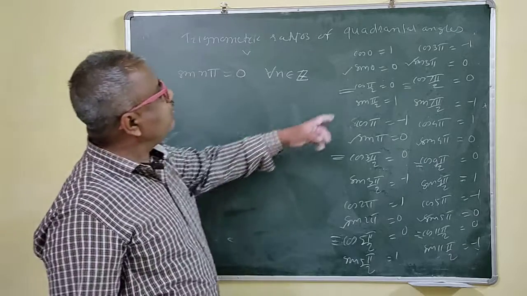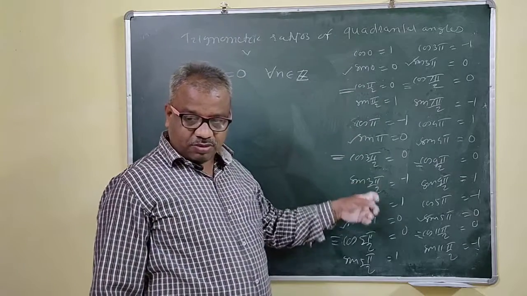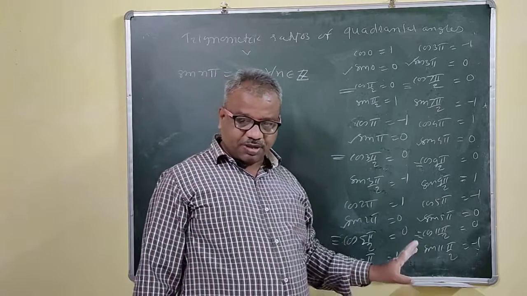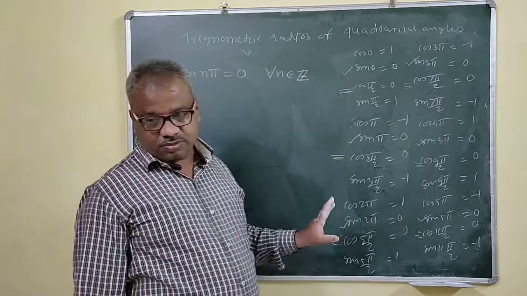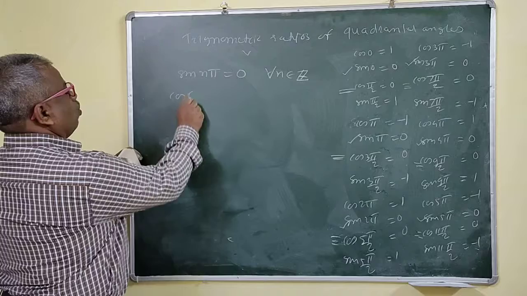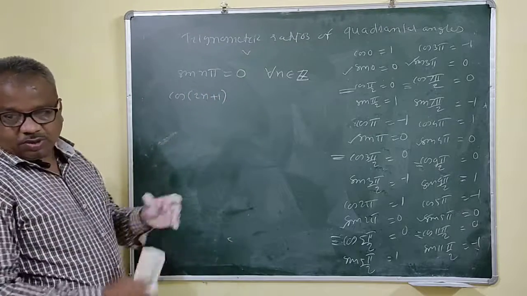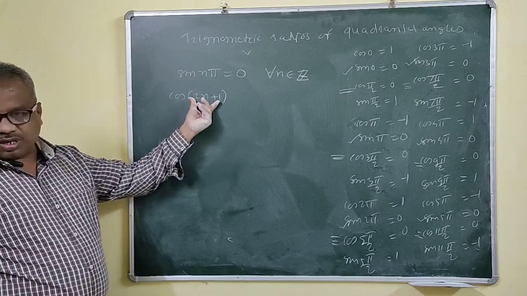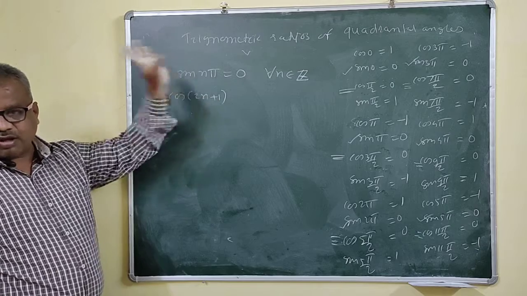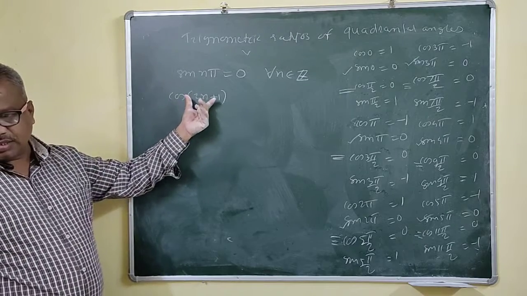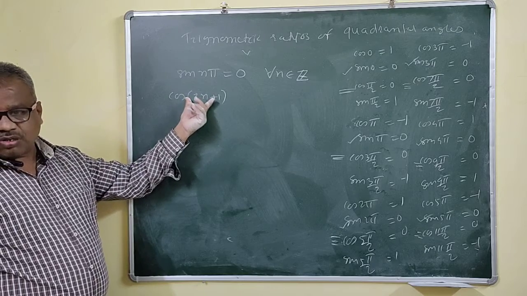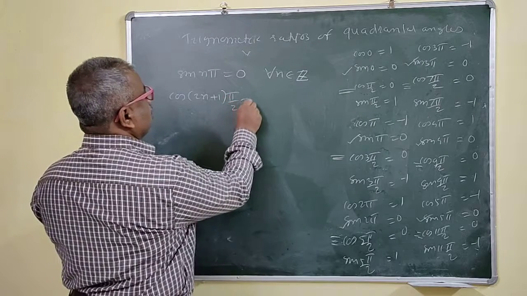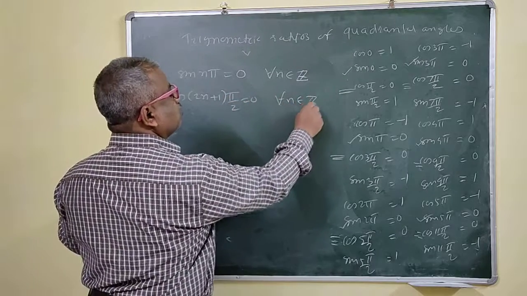So that means what? What is this one? 1 pi by 2. This is 3 pi by 2. 5 pi by 2. 7 pi by 2. 11 pi by 2. 13 pi by 2. Right? 15 pi by 2. That means this is r times pi by 2. Right? So we have again the formula for what? Cos of twice n plus 1. Right? Because if you multiply by 2, we get an even number, and if you add or subtract 1, we get an odd number. So twice n plus 1, this is what? An odd number, whatever the value of n may be. Right? That means n should be an integer. For any integer n, twice n plus 1 or twice n minus 1 is always odd. Right? So cos of (2n plus 1) times pi by 2 is always 0 for all n belongs to Z.